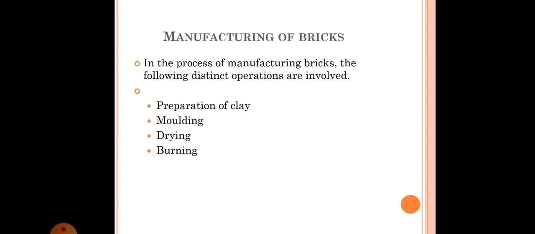In this process, the bricks will be laid longitudinally in stacks, in different stacks, and allowed to dry until the bricks become hard. After the process of drying, the next process is the burning process. In the burning process, the bricks are burned at very high temperature, and this is mainly done to gain the desirable strength and durability, and of course the density and the color of the brick come out well after the burning process. There are different methods of burning, like clamp burning and kiln burning.